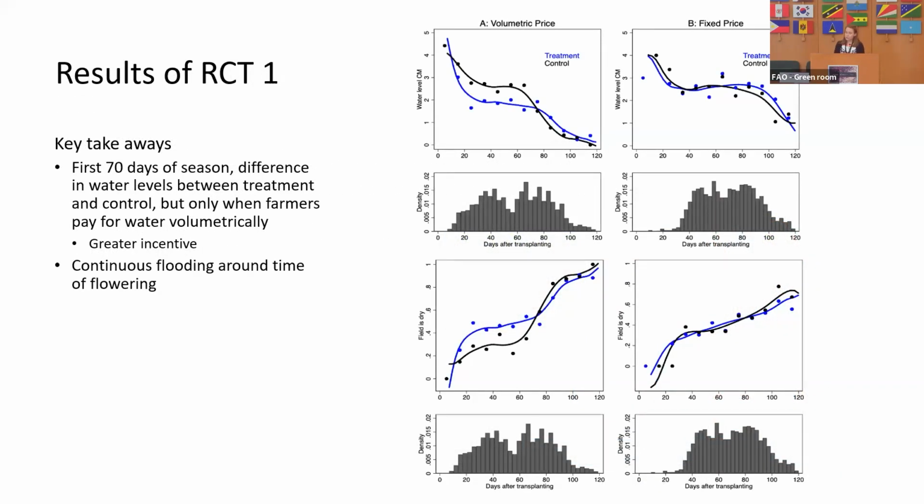Results from this first RCT. The graphs here are showing you the top one is the amount of water in the field, and the line graph below that is the dryness in the field. What we see is that there is in fact a difference between the treatment and control. So there is less water present within the first 60 or 70 days of the treatment sites,